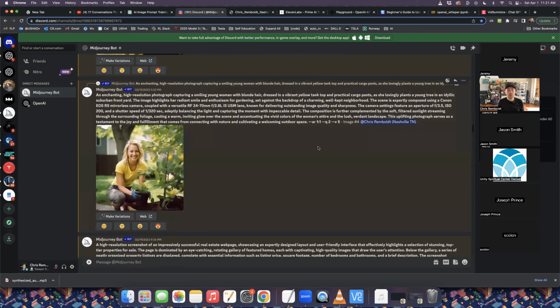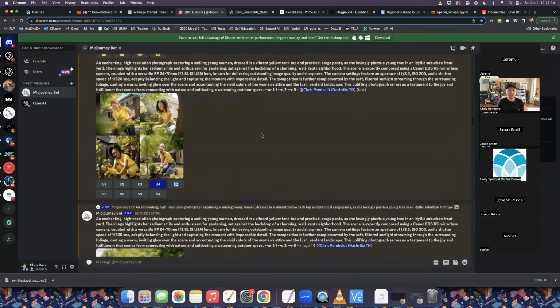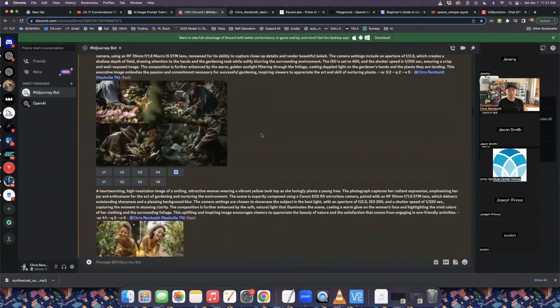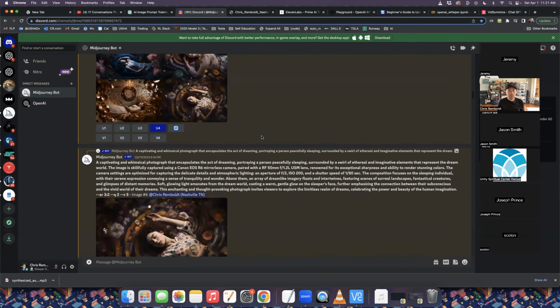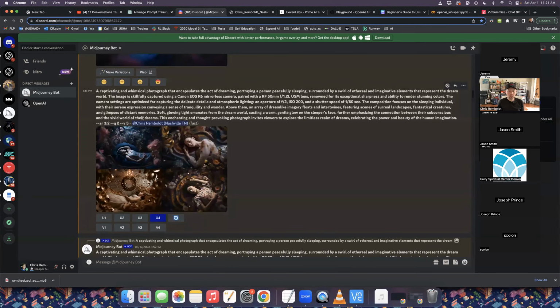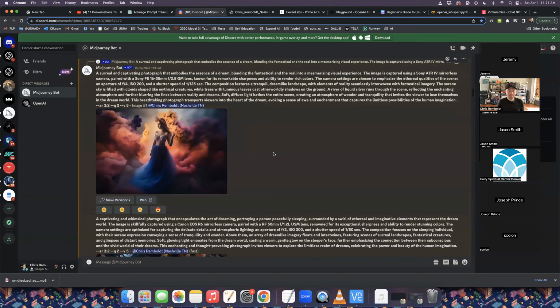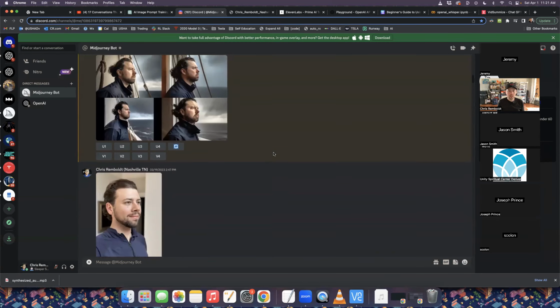This would have been an expensive photo shoot. You would have had to hire a photographer and a model and spend time traveling to and from, and it would have been probably over $500, but we got this to him for free because he's my friend and he used the friend pass. And these were initial attempts. You can give it cool abstract things too, like imagine or dreaming. This was dreaming. This was imagine.